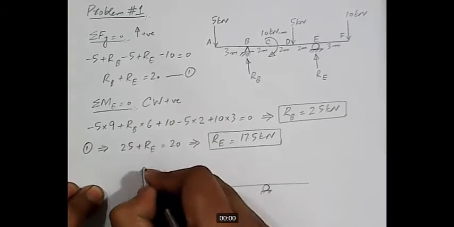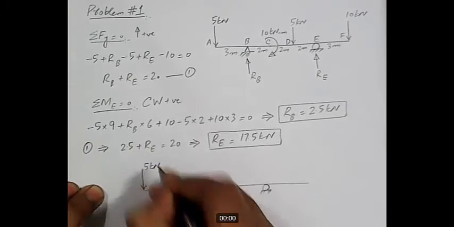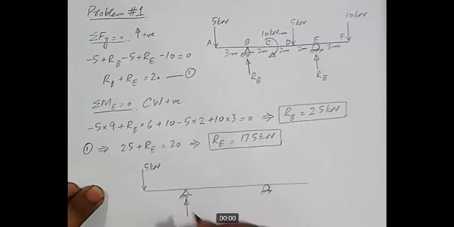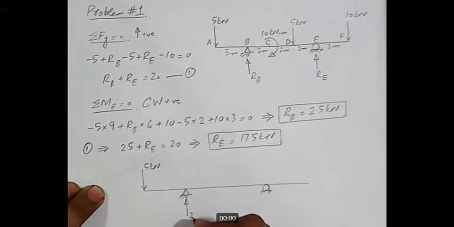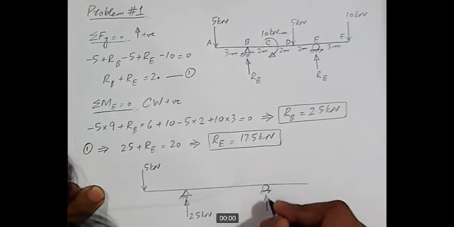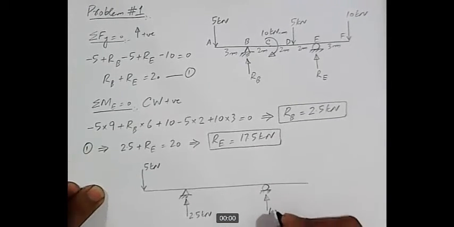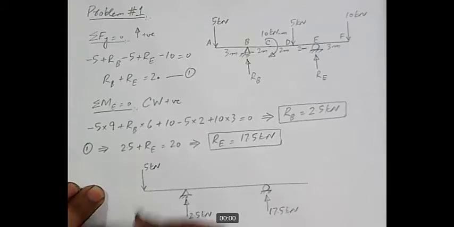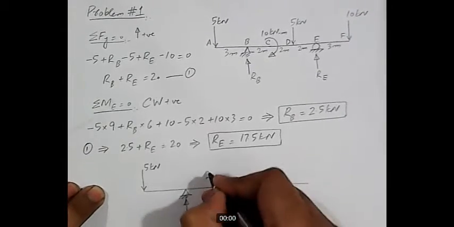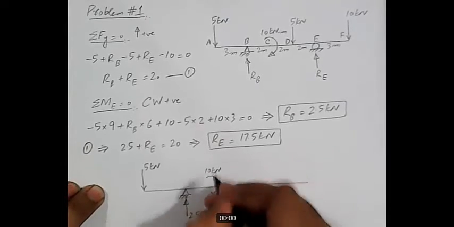Point load 5 kilonewton is acting here, and we have calculated this reaction RB, which is 2.5 kilonewton, and this reaction RE, which is equal to 17.5 kilonewton. We have a couple acting here, 10 kilonewton meter,